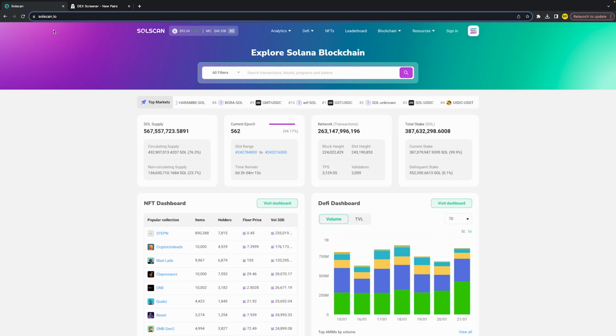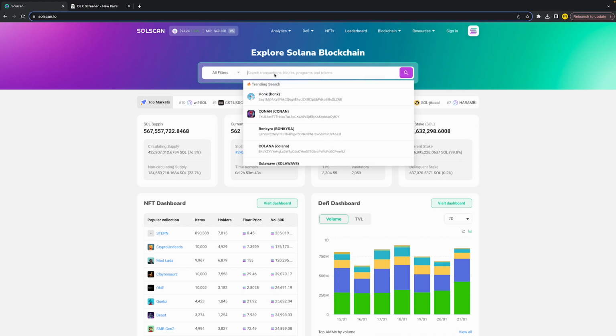You can also just find all of those coins on Telegram or maybe on Twitter. So yeah, in this video I'm going to use Solscan, but if you already have a name or a contract address, then what you can simply do is skip this part. So yeah, let's say that you don't have a name and contract address and you just want to randomly buy